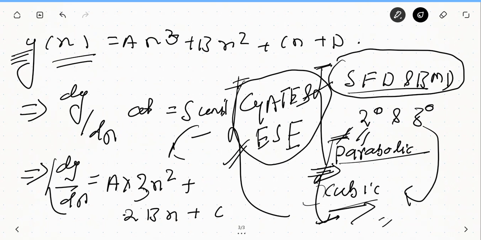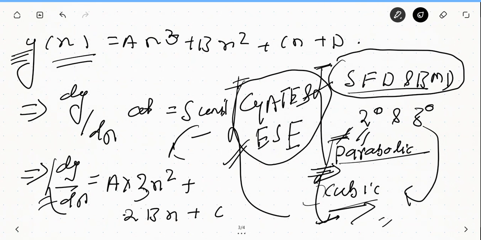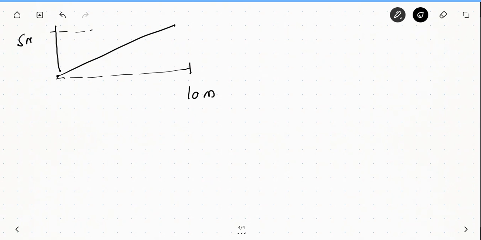Let me simplify. So have you understood what slope is? Basically we have to find how much it is rising on a horizontal plane. Not understood? Look, what we intend to find out is, let this be the inclined line, and this be the origin of the line, and let x equals 10 meter and y equals 5 meter.